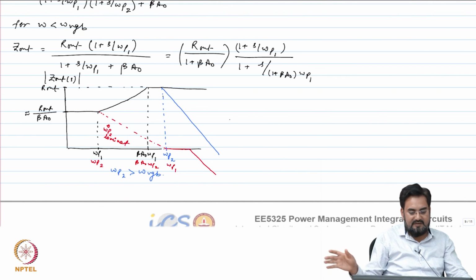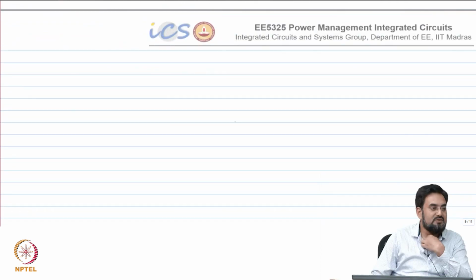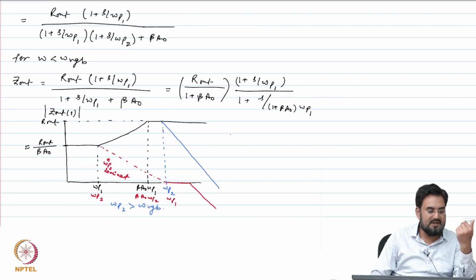So, you can completely ignore the effect of your pole and 0 due to the second or non-dominant pole. So, your output impedance will always get better. You require a very large cap, but there is a benefit of having that large cap, that is what I am saying. That is the reason we do not do this actually. Okay, so there is a trade off, either you put a very large cap or you live with your poor transient response. There is always a trade off, you have to decide which is more important in your case. If you are looking for a very good transient response, then you do not have any option but to make the output pole dominant.